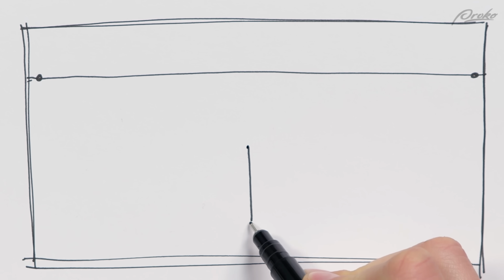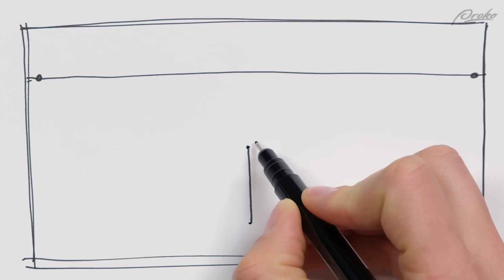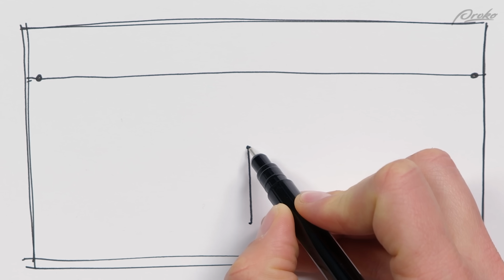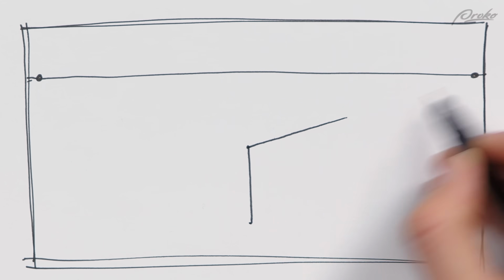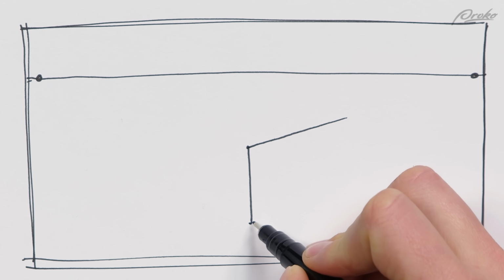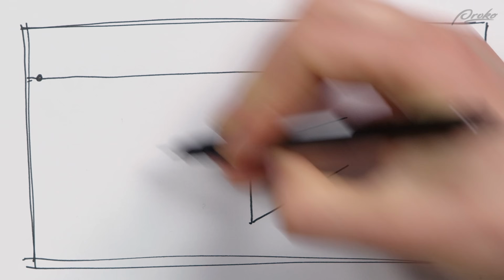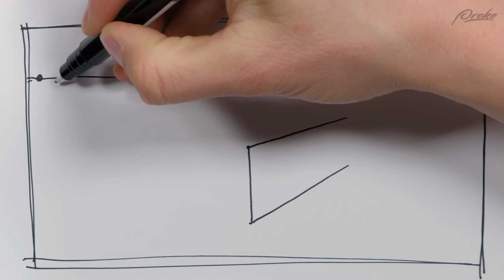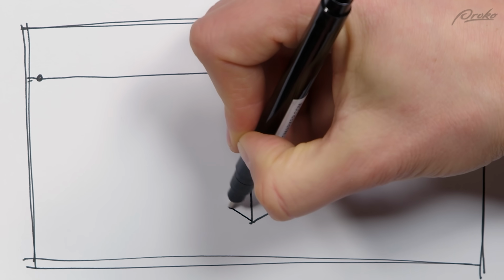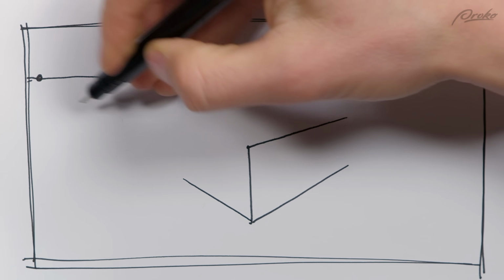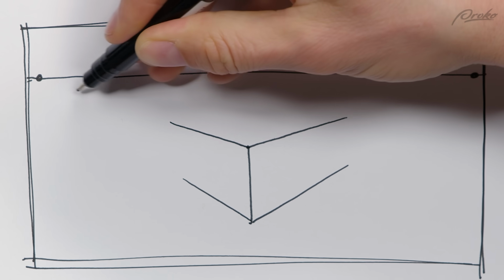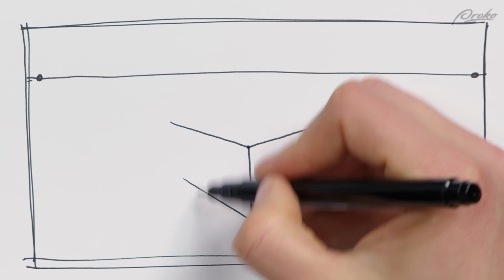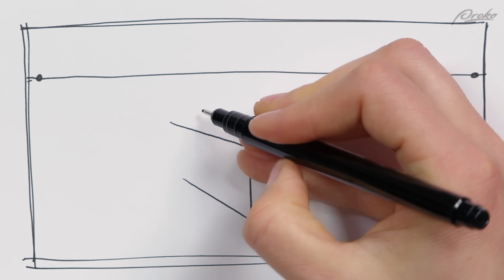Now, from these 2 corners of that edge, I'm going to extend these lines, this plane over here, towards this point. Same thing on this side. And I don't have to draw every line all the way to the vanishing point. I just have to imagine that if it continued, it would hit that point. Then I kind of cut these off.